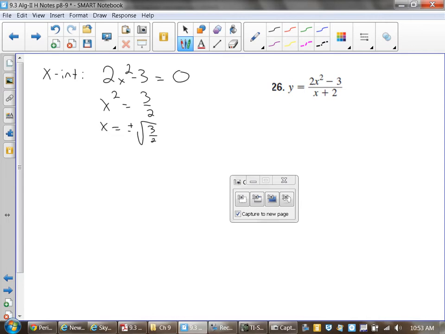Now, in the grand scheme of things, we would normally rationalize that, correct? Yeah. But if I'm looking for an x-intercept, do I need to know exactly what the radical looks like? Do I just need a decimal equivalent? When you're doing these types of problems, it is okay to leave your x-intercept or a vertical asymptote in an unrationalized form. Okay, so you do not have to multiply top and bottom by the square root of 2 and get root 6 over 2. It's okay to leave it like that